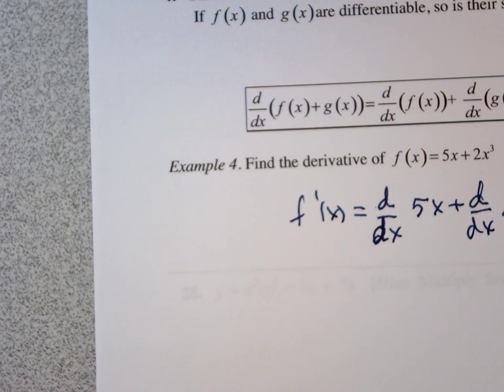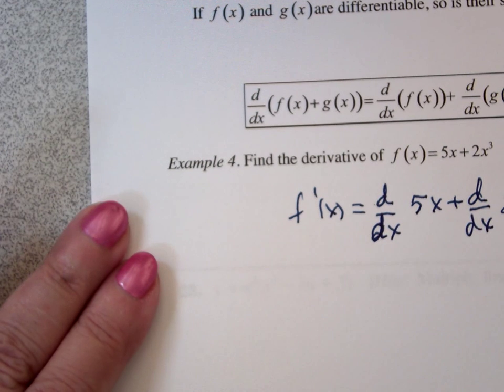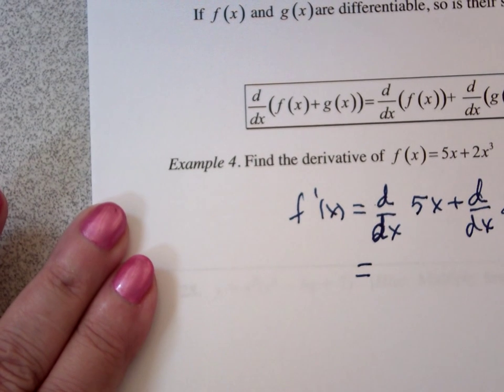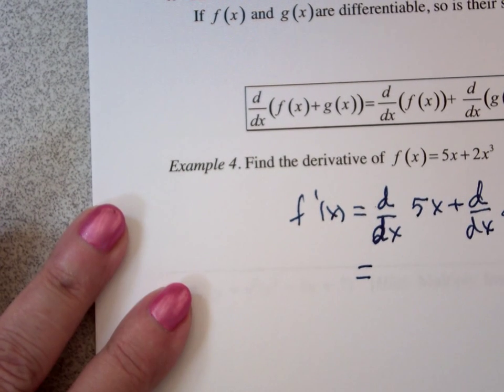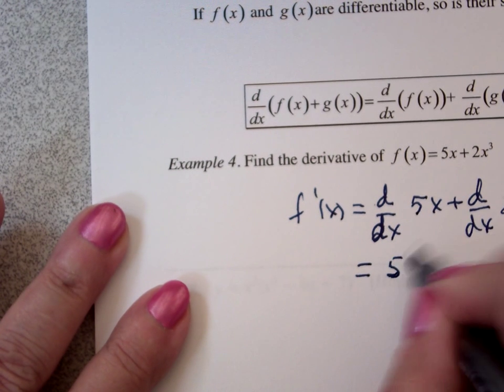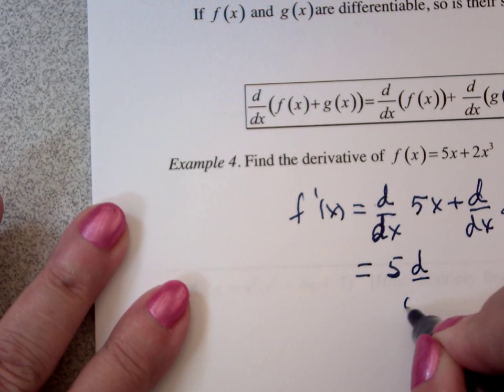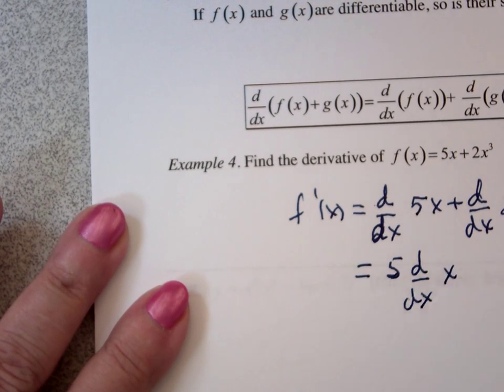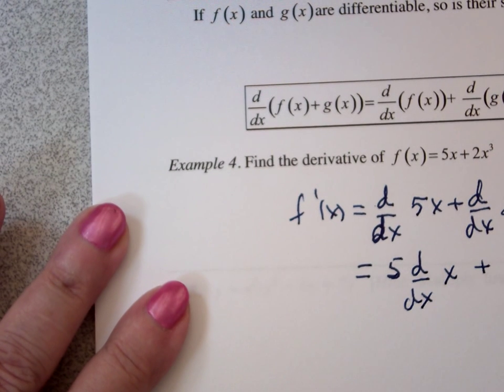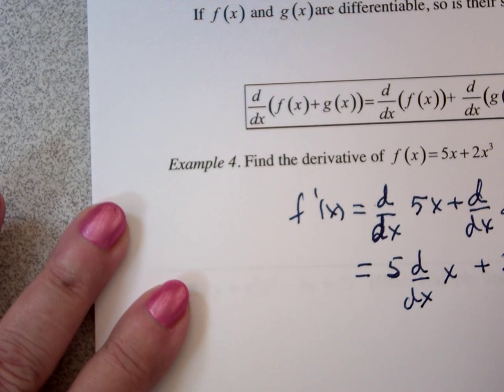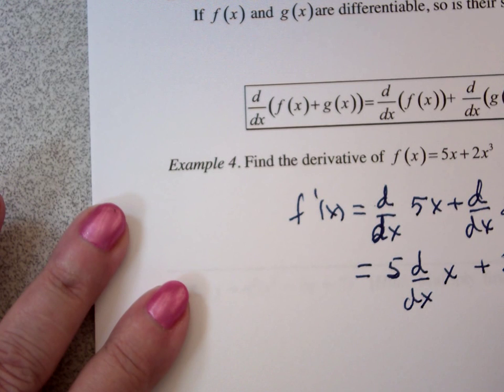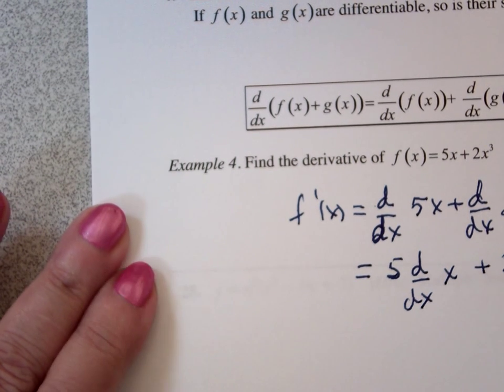That I actually do in my head. I don't usually write it down. Well, technically speaking, it's 5 times the derivative with respect to x of x plus 2 times the derivative with respect to x of x cubed,